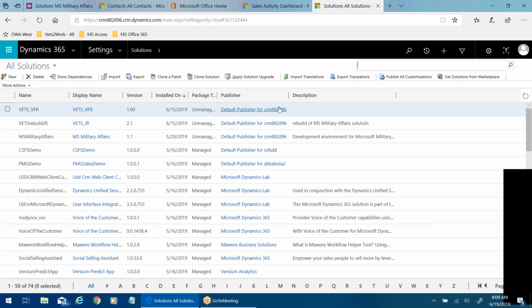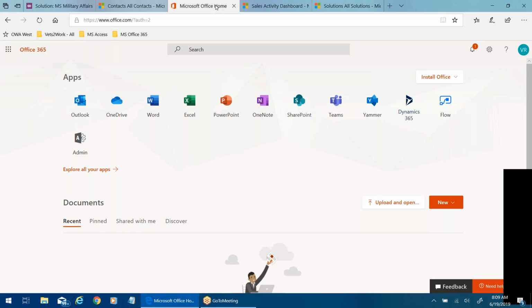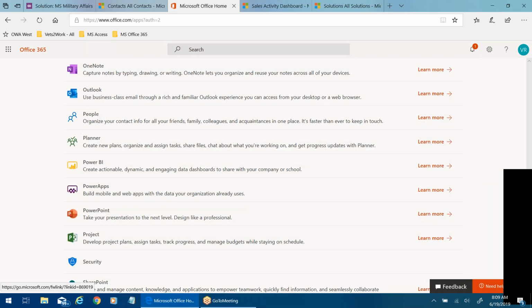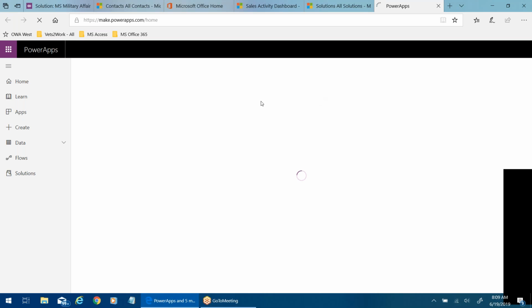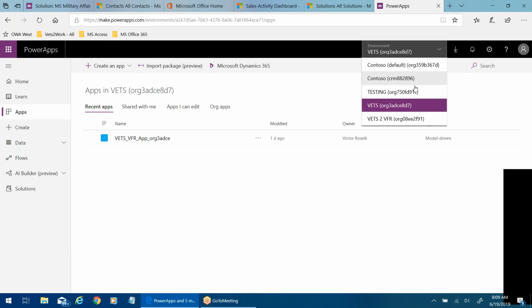So whether an app can be created in the separate environments that we have and this solution incorporated into those, or whether we'd have to go into the Contoso 88296 environment to create a brand new app and then incorporate the solution, I don't know. That's something I'd have to fiddle about with. But it's certainly worth the study. Yeah, I'd like to work with you on that, Robert. I think we could figure something out.